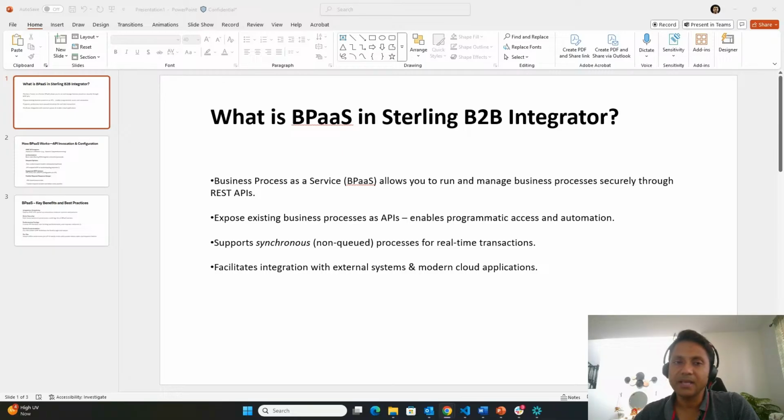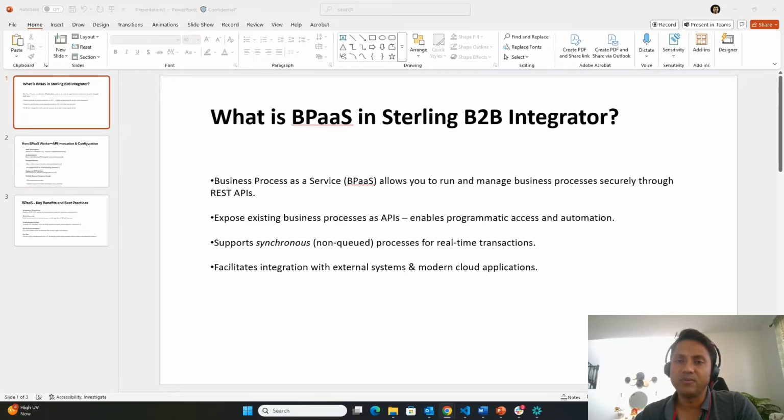Now, typically, as you must be knowing, folks who are working in Sterling B2B Integrator, there are two key components within Sterling Integrator that are used to achieve a specific use case. These are the very high level two major components. One is the business process, which is nothing but actually implementation of your business logic into a workflow. All right. And the second important thing are maps, which is used to translate incoming or outgoing files from one format to another format, considering the fact that different systems understand different file formats. Now, having said that,